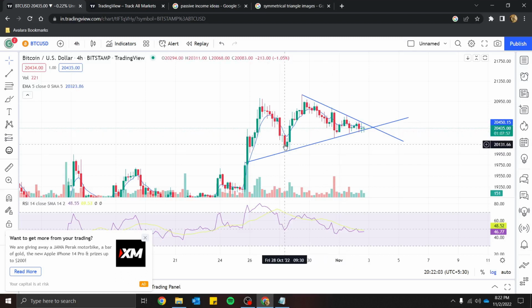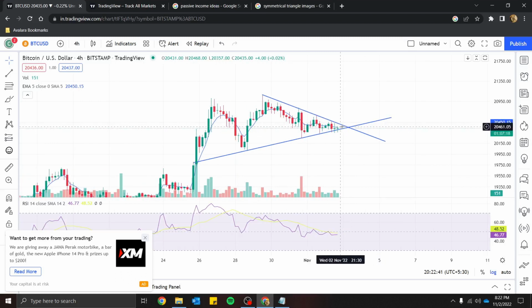In a similar fashion, some amount of buyers are getting consumed. Some amount of buyers entered here and they are already in the trade. Some amount of buyers entered at this price at this time, and they are entering the trade. So suppose 50 buyers entered here, 20 buyers entered here, so a total of 70 buyers are in the trade. And suppose 50 sellers entered here, 20 sellers entered here, so 70 sellers are in the trade. Now as we can see, the price is continuously consolidating.